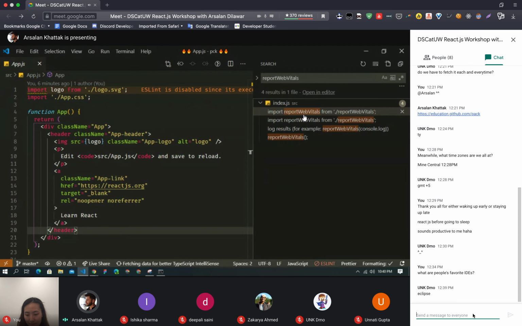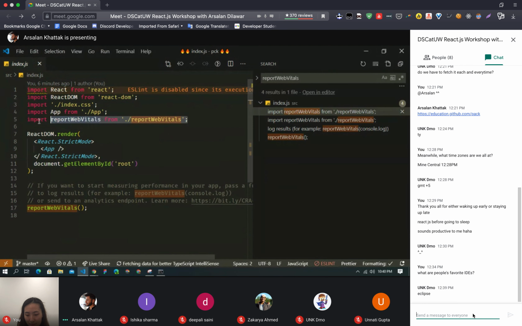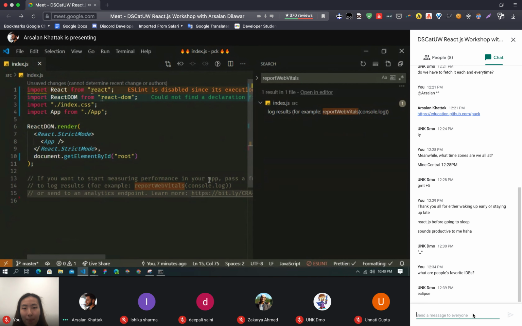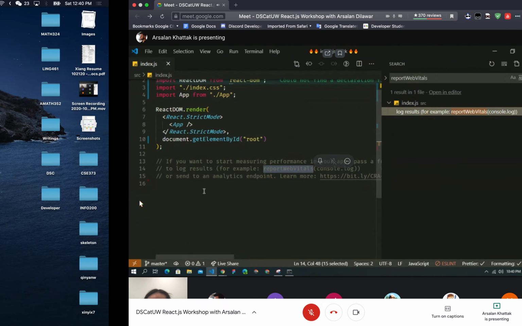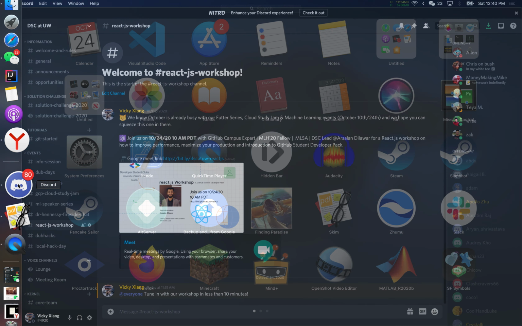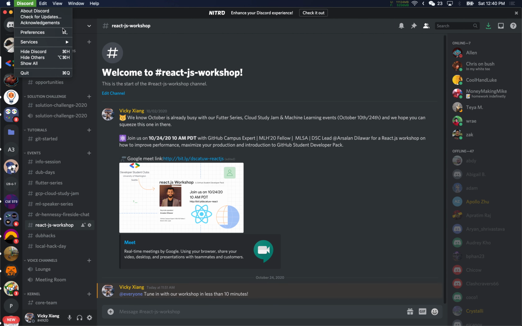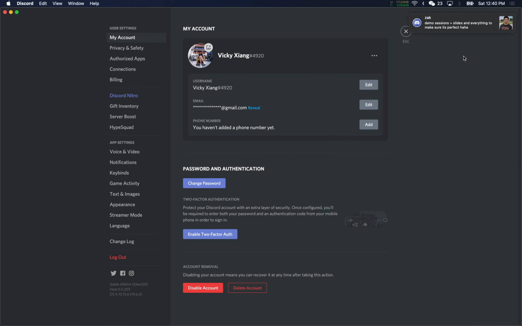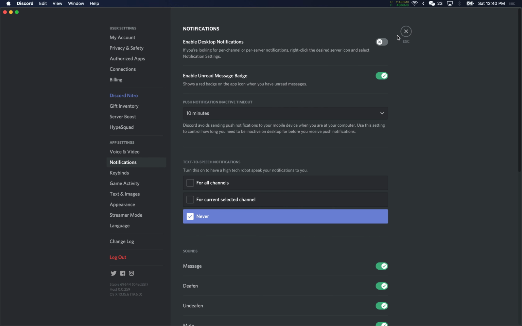Search for where it exists, and let me also comment this. I'm going to remove it, and also remove it from here. And it will work now. That is one basic React application after removing some of the files that we don't need.